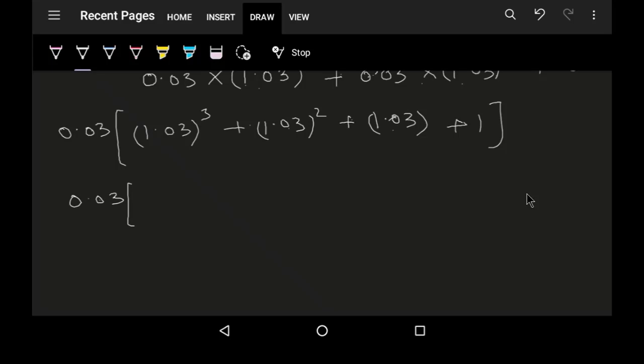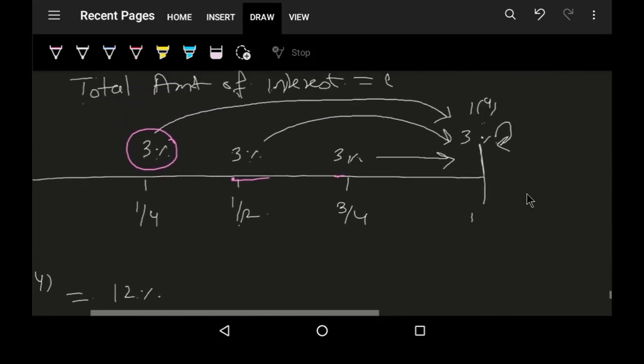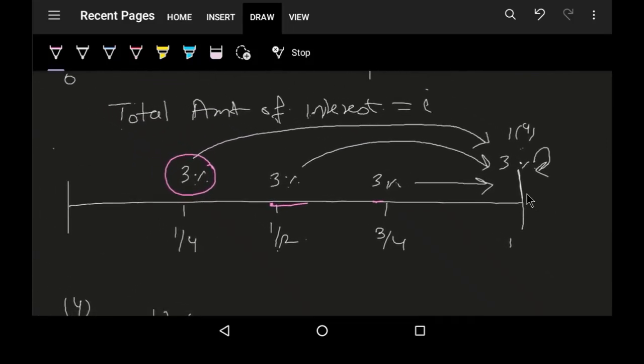The factors will be, so I can write this amount directly. This amount will be 0.12551, which is equal to I, that is the total amount of interest that I would have got if I had used the annual effective rate. So we see that the amount of interest I get at the end of each quarter by nominal interest setting is equal to the annual effective rate I when I calculate this amount here.